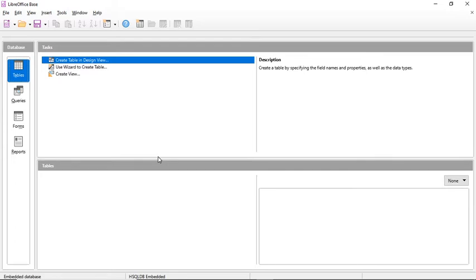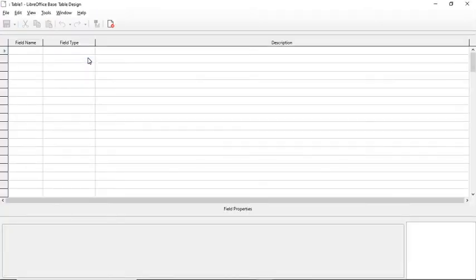Here there is an option, create table in design view. The second option is using wizard to create table, or create view. So we are going to use design view, so we select the option design view, then you will get a design view of the table.